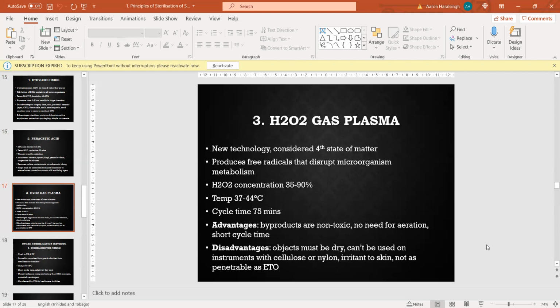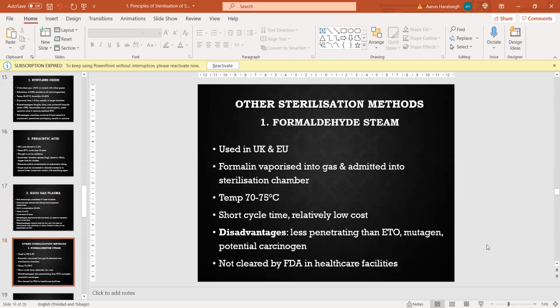It is advantageous because there's no need for aeration afterwards. Its byproducts are non-toxic, and it has a short cycle time, 75 minutes, not like 1 to 6 hours like ethylene oxide. One of the disadvantages is that the objects that you put there have to be dry, and it is sometimes irritable to the skin, and it doesn't penetrate as well